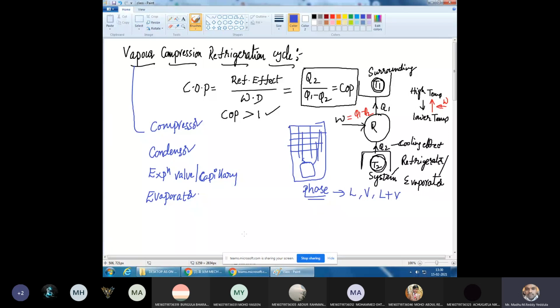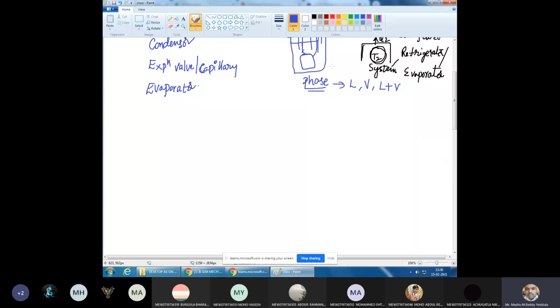Now if you draw the block diagram, we have the condenser. The condenser is also called a heat exchanger, right? It extracts heat from the body at higher temperature. Heat lost by the hot body equals heat gained by the cold object. Let us say cold water is going in and hot water is coming out, meaning this water is absorbing heat from the flowing fluid.